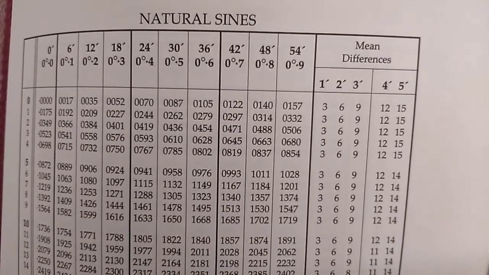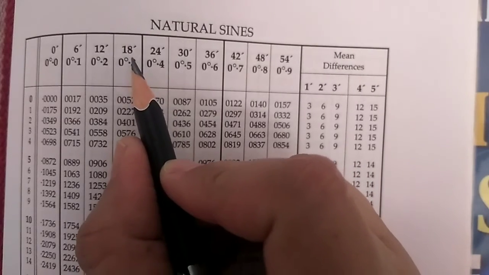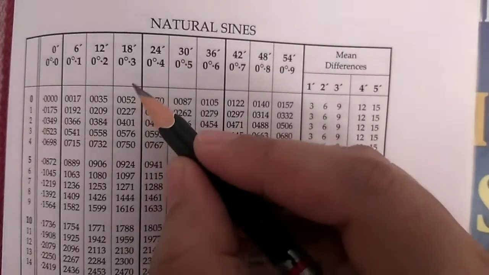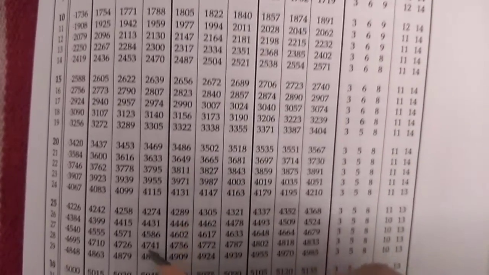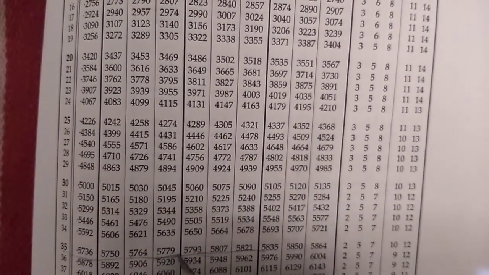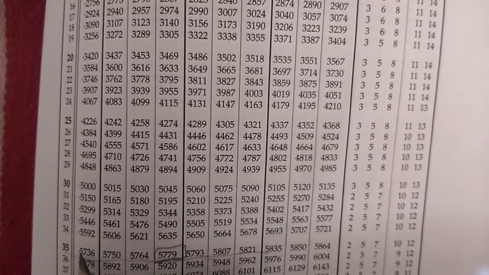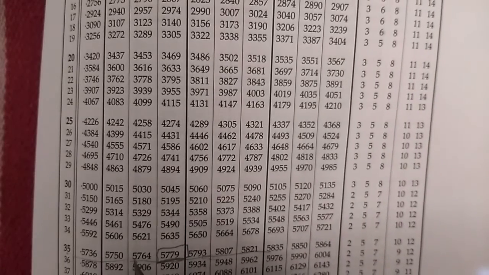We want 22 minutes. So 22 you can see is not there. So we can take 18 or we can take 24. Suppose we are taking 18. So check the value for the 18 column. When you check, this is 5779, and it is 0.5779. The point is also there.